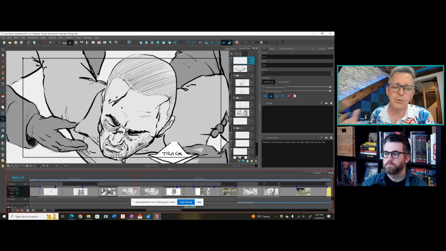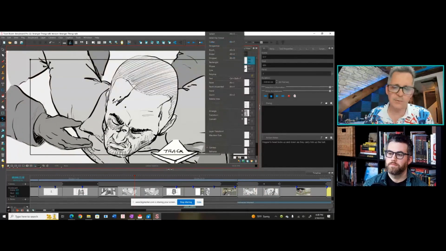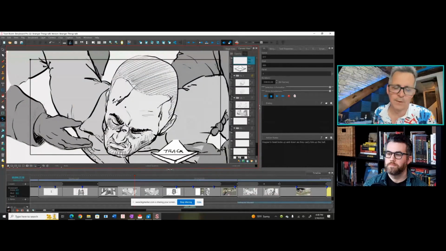And so if there's motion arrows, I'm going to label the arrow. Here I've got tracking, and that's important because even in just a still, we're tracking back with him. If I put Hopper in the arrow, that means the camera is still and Hopper's coming at us. So arrows can be misinterpreted, so I always label them. If there's any chance of not knowing what it is, just write in it. There's nothing magical about an arrow. What you don't want is someone to misread it, because if someone misinterprets the storyboard, it's the storyboard that fails. So I try to be as clear with everything as possible on that.